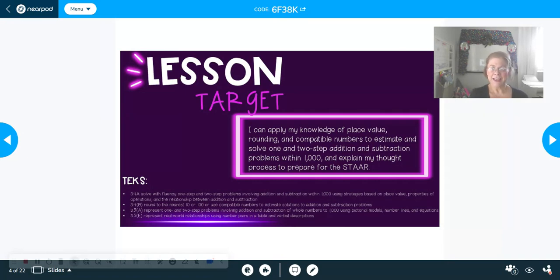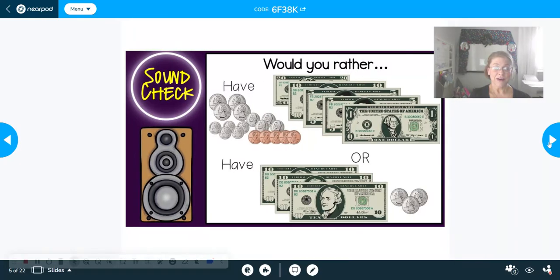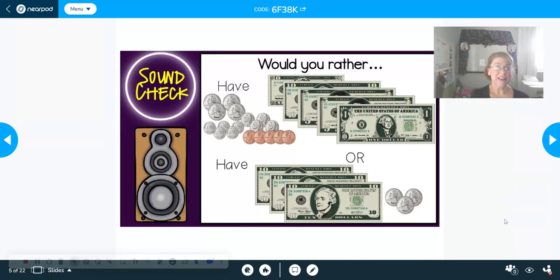We'll just be adding another TEKS. It'll be 3.5e, represent real world relationships using number pairs in a table and verbal descriptions. Yay! Sounds fun, right? For our sound check,